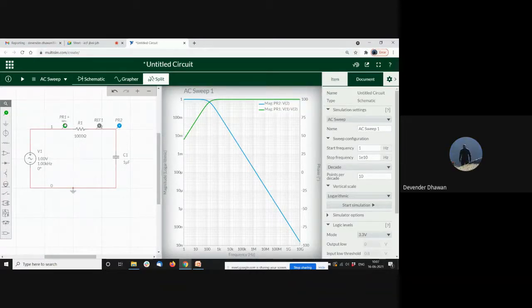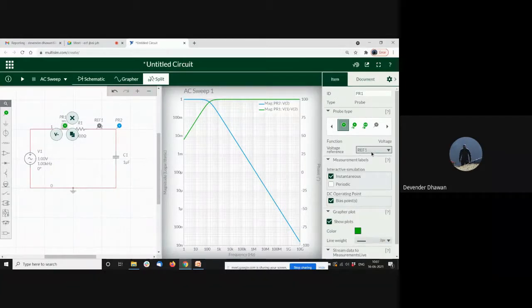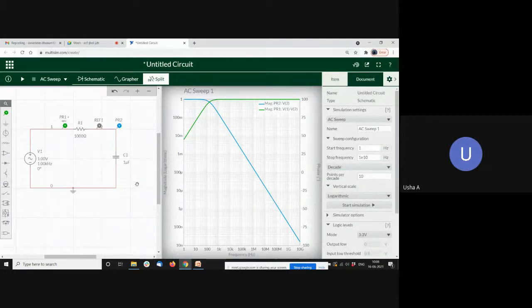Like in this, I have mentioned that it has to take reference point as ref1, and this I have not mentioned anything. So if I double click, you see this is showing ground. So this also has that same reference point, but we are using ground here. If reference 3 and reference 4 are connected, that value will be zero only, because here after this point it is all ground till this point. I was just showing that to show you how a reference point works.